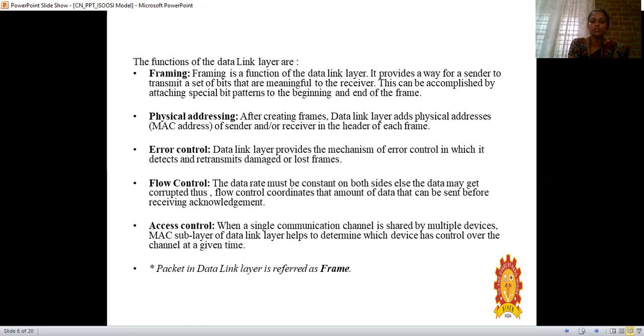In the positive acknowledgement, if a sender sends the data and the receiver receives the data, then it has to give the positive acknowledgement to the sender. That means the message has been received.